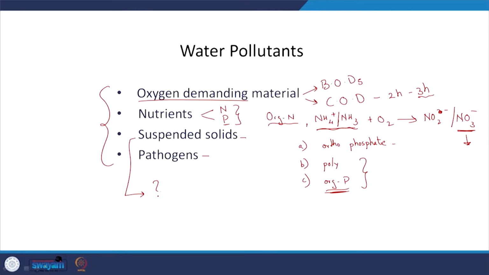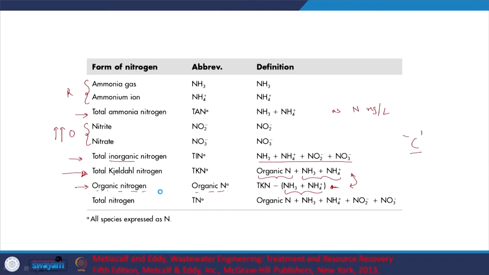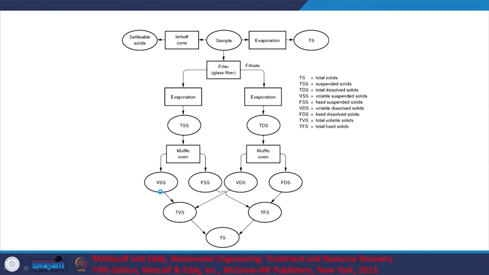Another aspect is that this suspended matter, these particles suspended in the water, are going to act as possible carriers or sites for microbial growth or even viruses. So, you do not want surfaces where the microbes can grow, but if you have a lot of suspended solids, that is one particular aspect to be concerned about, the growth of microbes. And let us look at how we are going to measure